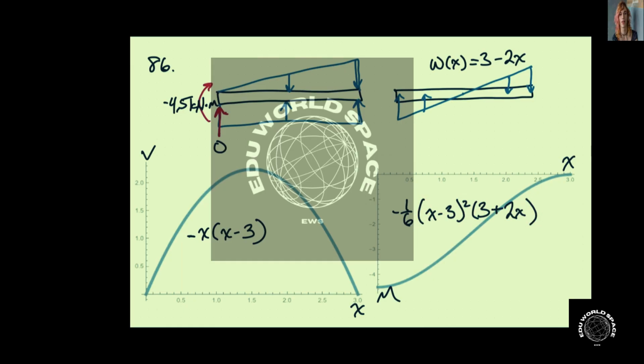And we can see that when x equals 0, we're at minus 4.5 kilonewton meters. So if we use the point at x equals 3 to find our constant of integration, then a good check is to make sure that at 0 we get back to this value. We can see that at x equals 3, M is 0 as we'd expect out here,